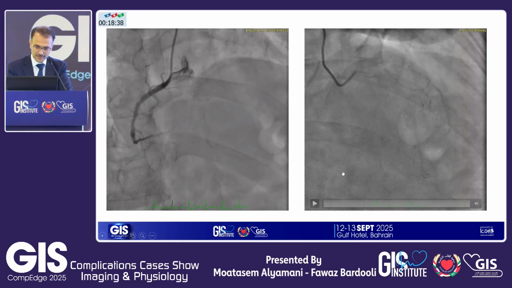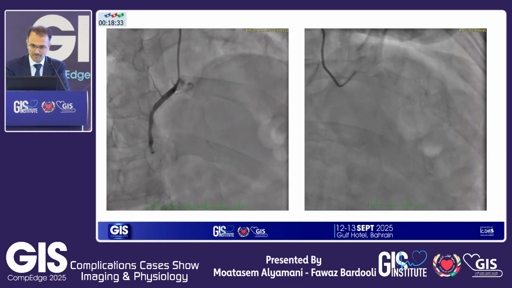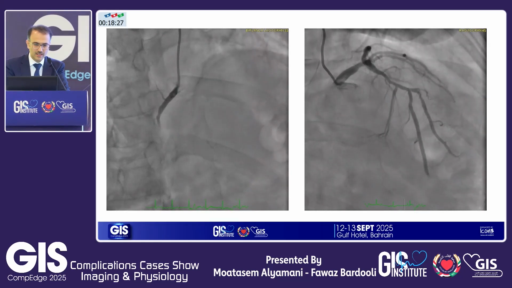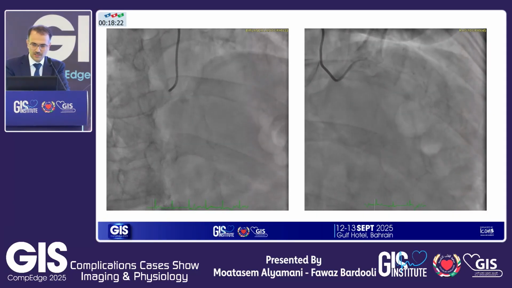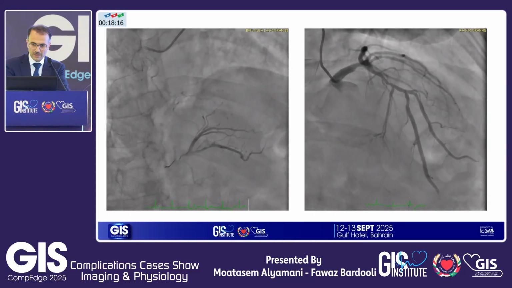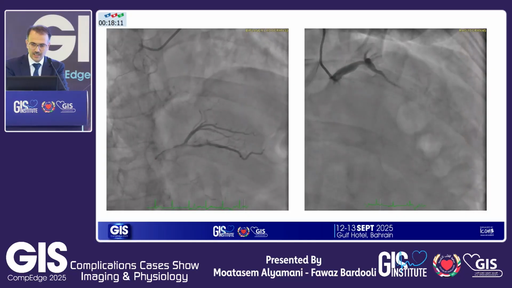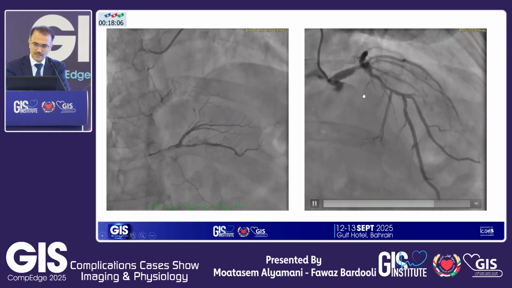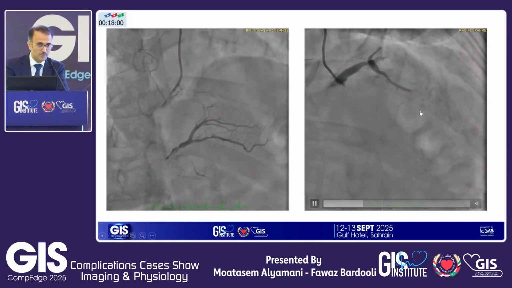This is his RCA. And this is his LAD. So RCA, there is some distal PDA, crux and PDA disease. And then you have the left system, very dominant LAD. You have big left main, quite long. There is some disease distal to that. And then you have proximal, probably something relatively fine, and then you have a long disease affecting the LAD diagonal bifurcation.